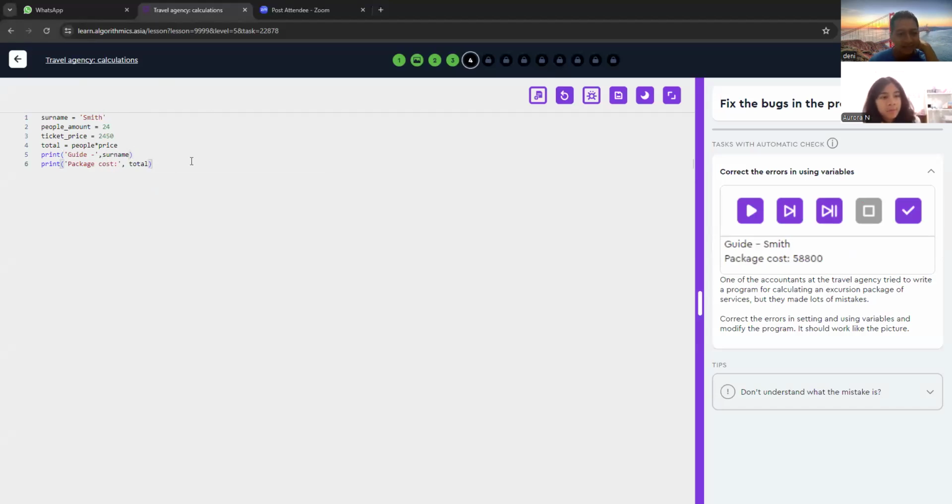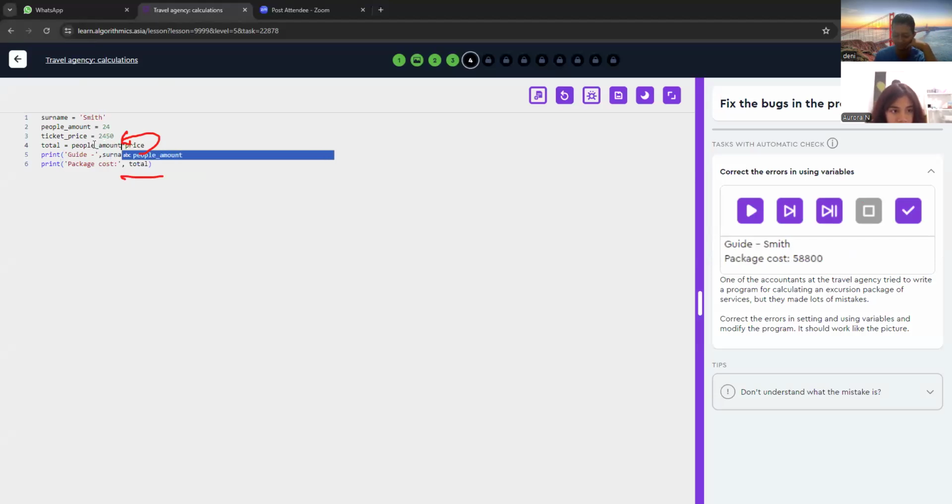Okay, next. Total. Where does total come from? It's from this part. Total equals people. Where does people come from? Is there any people variable? No. We need to revise it.